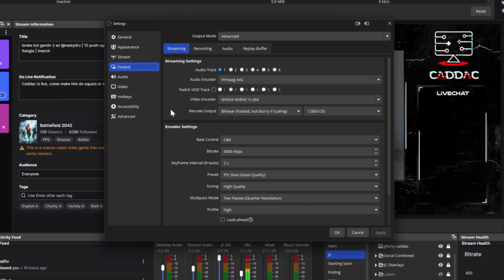If I was able to be a partner or something and I knew that I had transcoding all the time, I would do 1080p because my internet can easily handle it, the computer can easily handle it. But because of just the way that being an affiliate works, you don't get transcoding all the time, and I have some people that watch me in countries where their internet isn't that great,